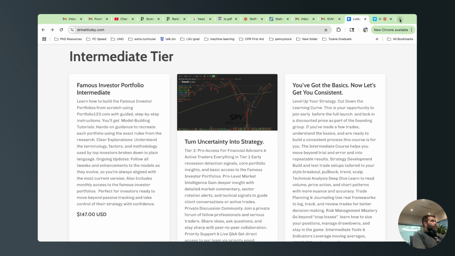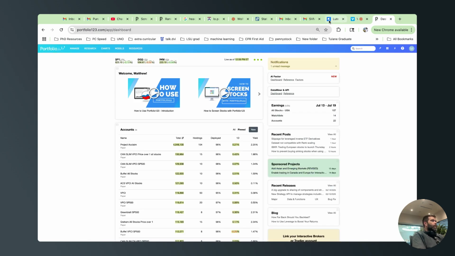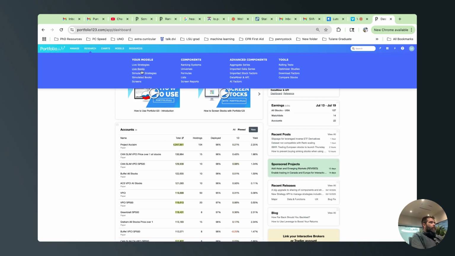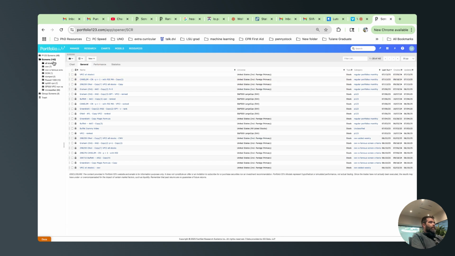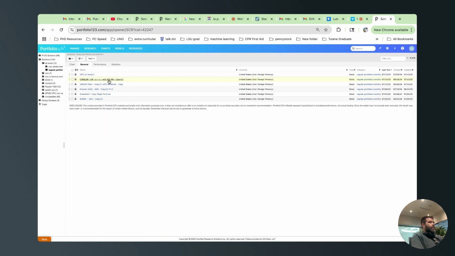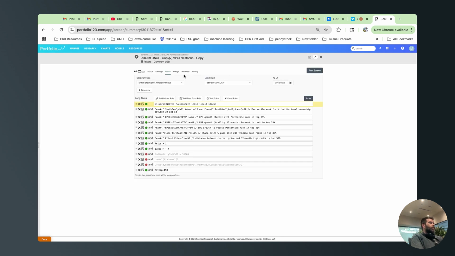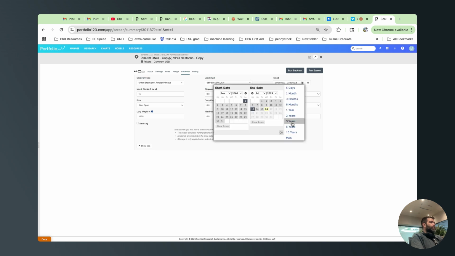Actually, you could even just go and look at that. I don't know if right now I want to do it, but you can see back in time. So anyway, in the second class, they're going to rebuild these portfolios from scratch, and then what they're going to do is look at